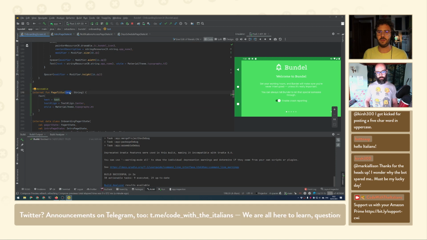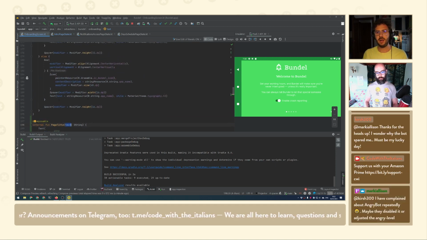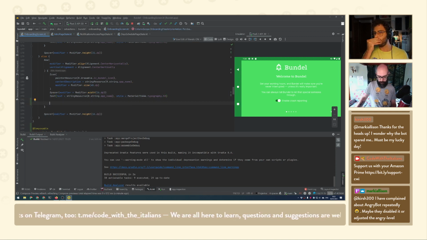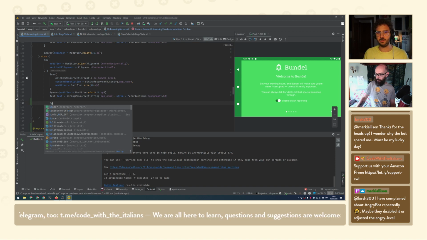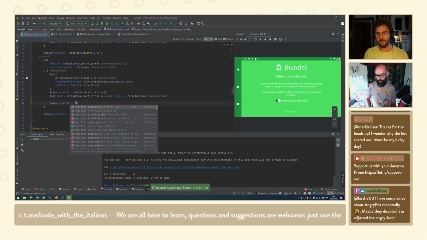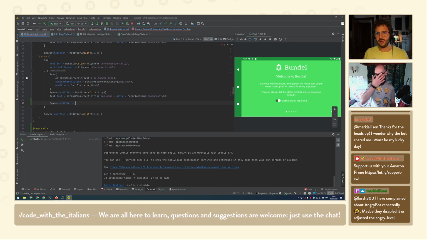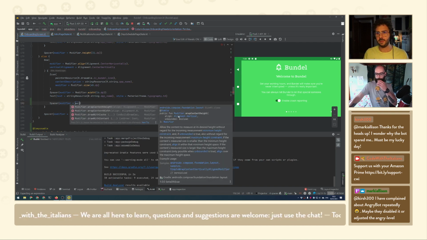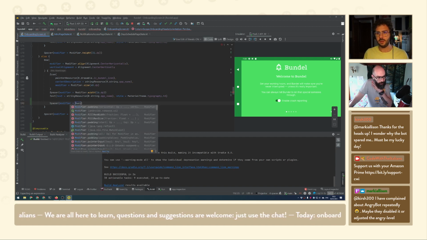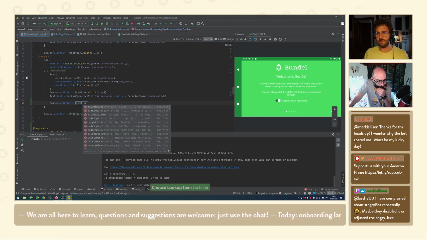Now I just need to use the text here, and it should be relatively easy to do something like a spacer that has a weight. I don't remember how to do it. Modifier dot